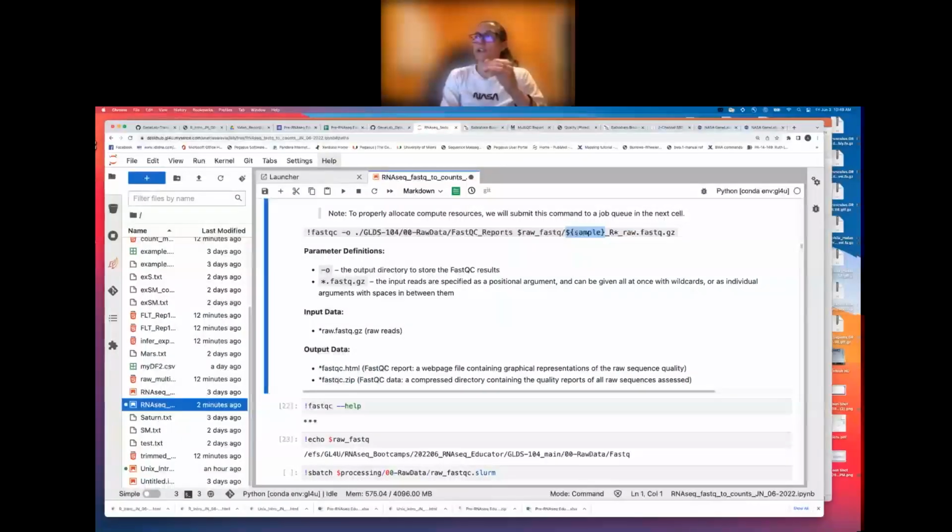And here is just the name of the sample. And then this information is the rest of what the file is. So this file is going to be the sample name _R. And then this star here is a wildcard. So it's basically saying run this on all files that start with the same sample name, have an _R, and then anything can come after that R. That means it'll run on both R1 and R2 for us because we have paired end sequence data. And the end of that file should end in